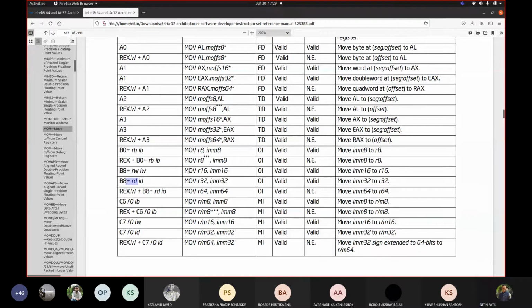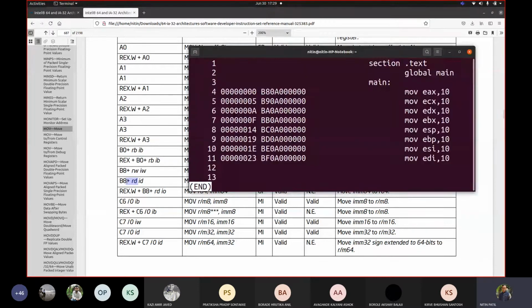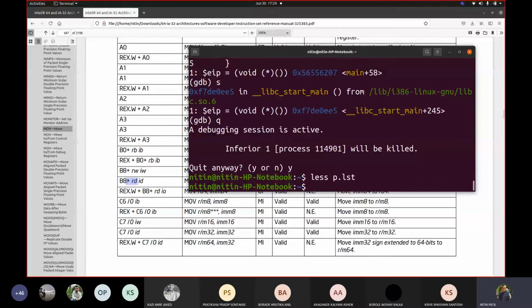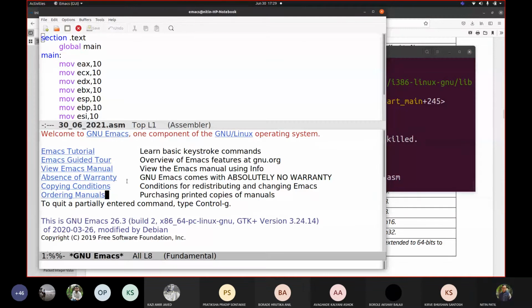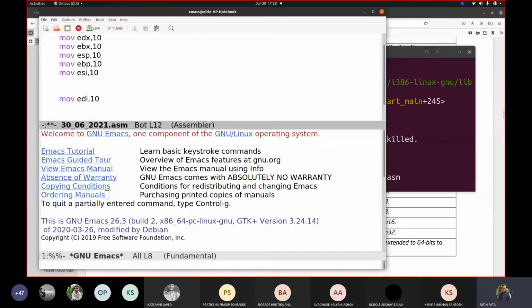number. So ultimately, now let us try to make the modification in the code. So Emacs 30. Okay, now we had immediate value. What if I have move EAX, comma 32, move EBX, comma 32, move EDX, comma 32.